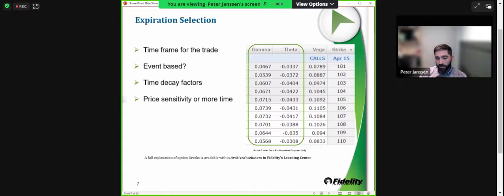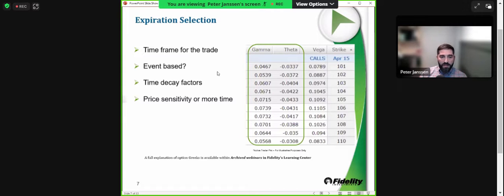There are some abilities to have maybe a deeper in the money long call strategy out for a couple years. But that does start to lend itself more towards a stock replacement style strategy, rather than maybe a quick directional move where you're really looking to get that more robust percentage return on your investment.